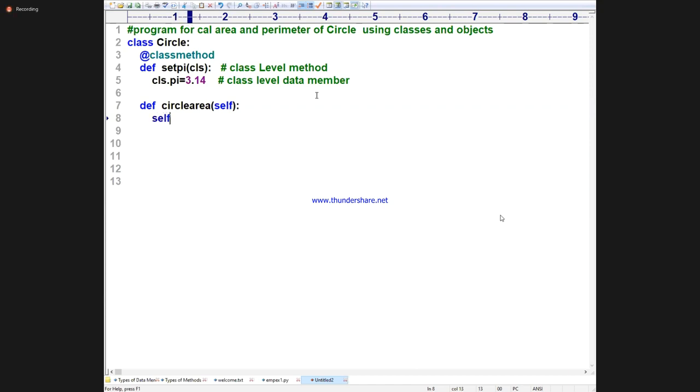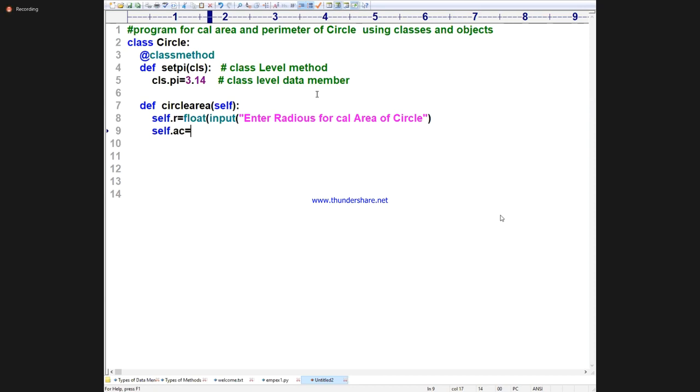Now I'm writing self.r is equal to float of input, enter what the student enters: radius for calculating area of circle. I'm taking separate one. Tell me, calculating area of circle. Then next I will calculate it.